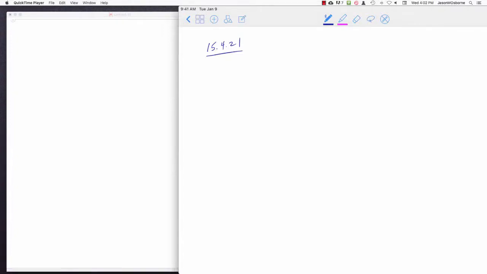In this video, we look at problem number 21 from section 15.4. This is a typical polar coordinates integral. The problem here in number 21 is to do a double integral from y equals x up to y equals the square root of 2 minus x squared. And we're asked to integrate from x equals 0 up to x equals 1. The function we're integrating is x plus 2y dy